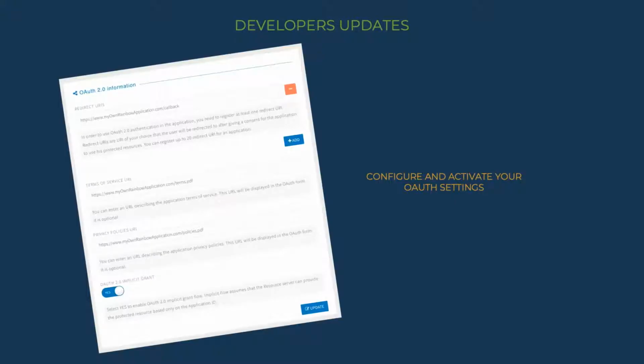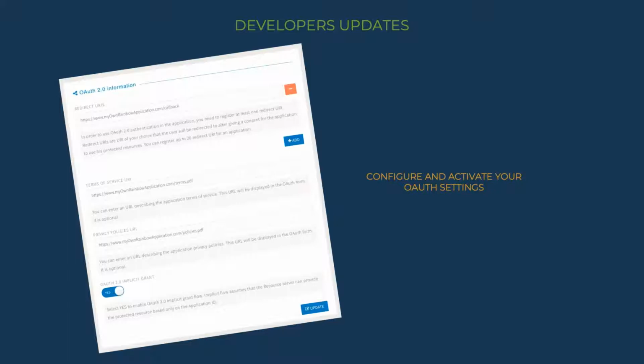Then we just released the possibility to configure and use the OAuth mechanism in order to secure the login of existing Rainbow users when they connect from a third-party application. So by default, any of your existing applications now supports the OAuth mechanism. That way of logging in is activated by default and so can be used now.